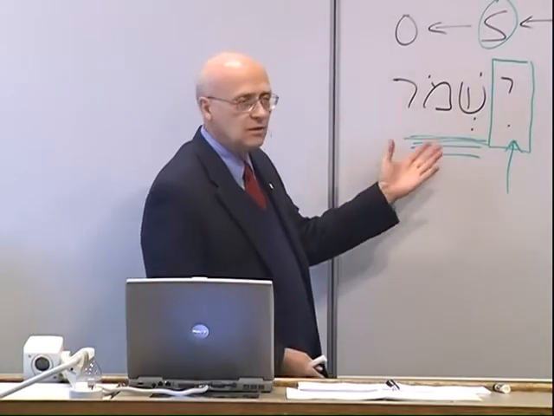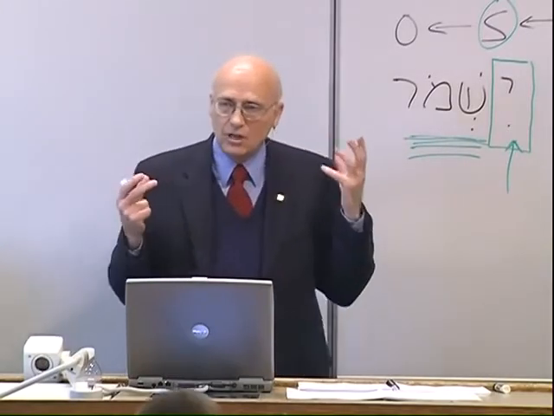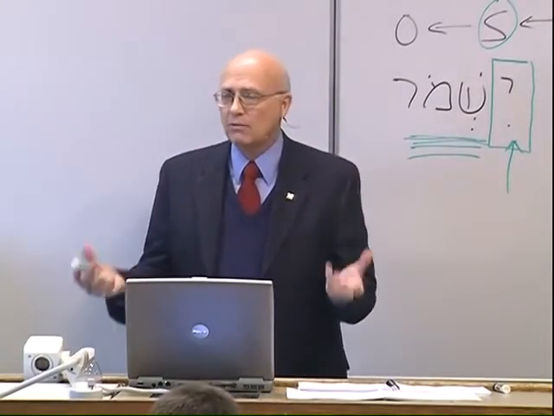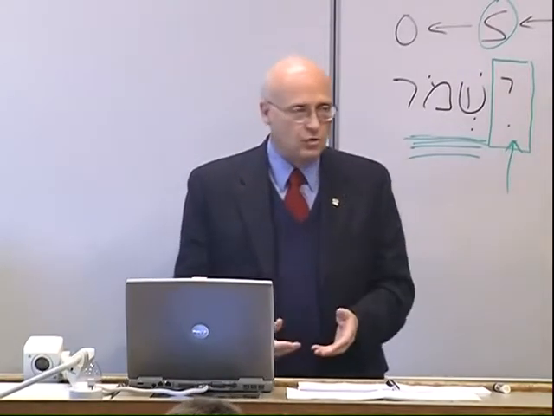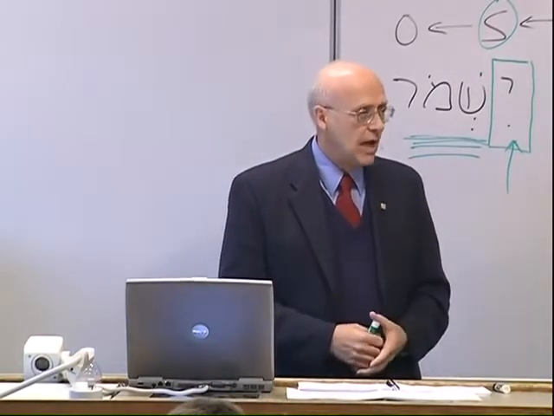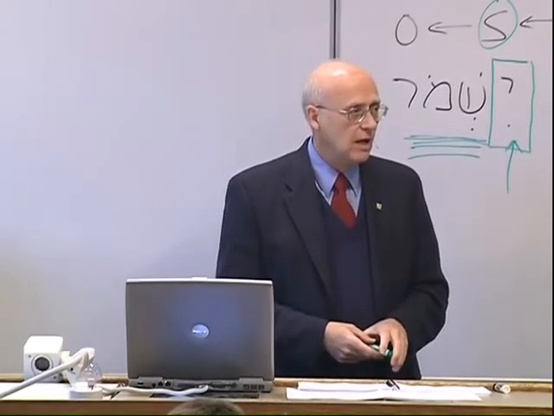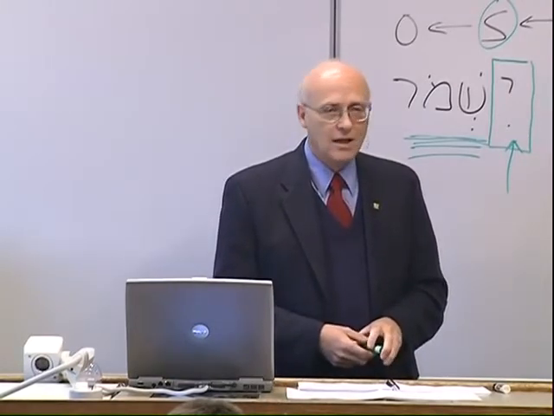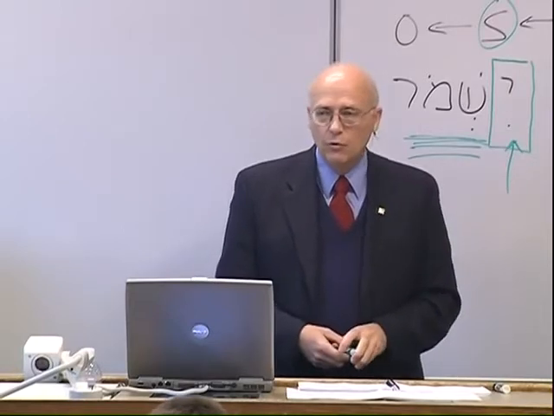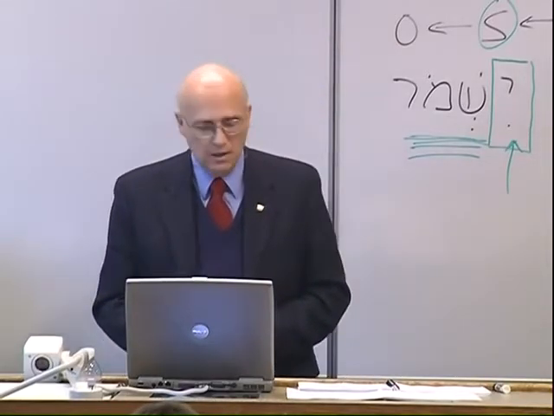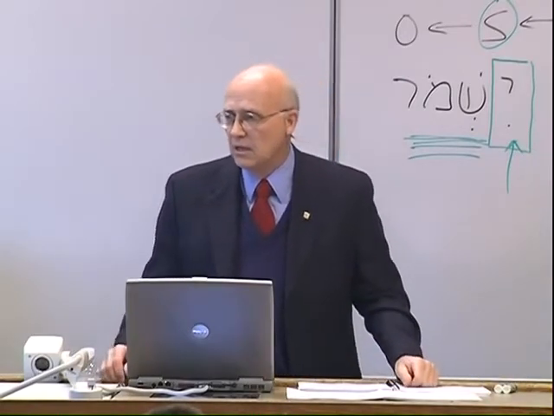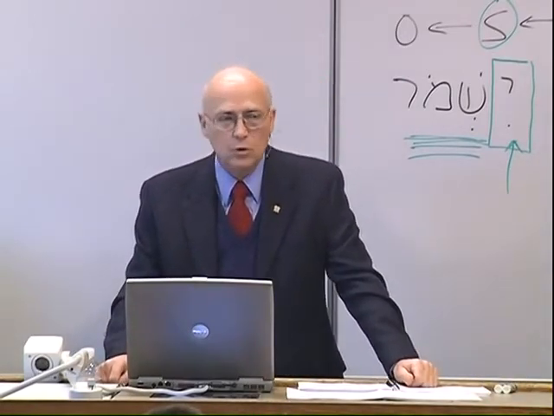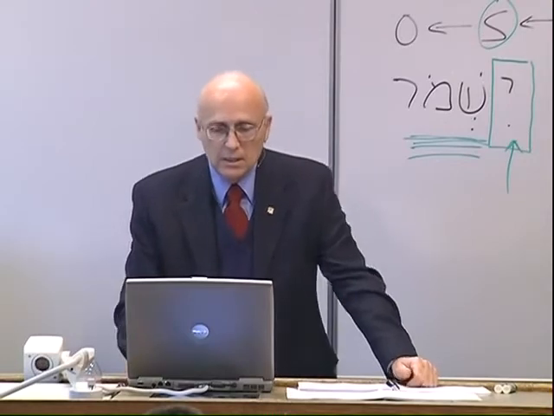So all this does is signal that there's something other than the action of the verb itself that is the focus, or it's the kind of action, or it's the mood of the action, and all that has to be determined by context. And only context will tell you. There are very few forms in the imperfect that are what we call shortened forms that help you to identify them as being a modal form, a mood form of the verb.